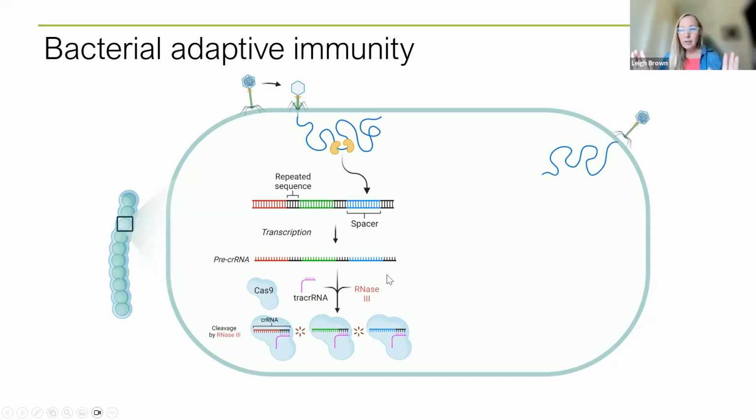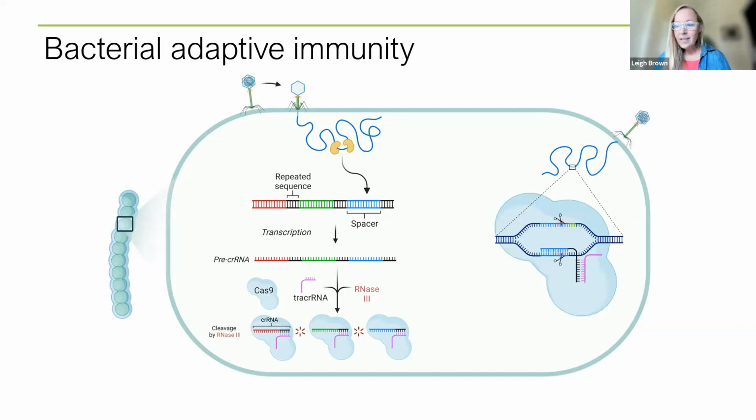Now, that is how we build that memory, right? How does that help us later? Well, if the same bacteriophage comes along and infects the cell, Cas9 will work in conjunction with that guide RNA. So the CRISPR RNA and the tracer RNA together are called the guide RNA, right? So Cas9 works in conjunction with that guide RNA to scan the DNA and target that same sequence in the